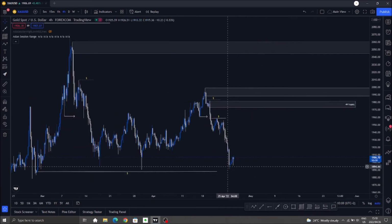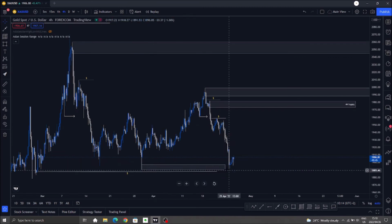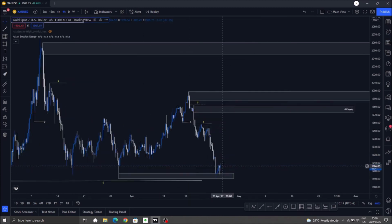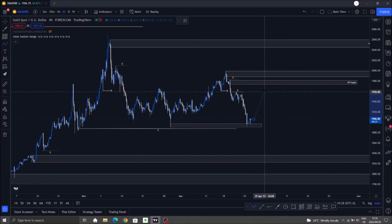By the way, another thing that adds to this particular bias is the fact that on this wick in here, and I want to leave you with some homework, on your 15-minute chart, and on your 5-minute chart as well, you do have an order block on this wick where we are seeing this reaction from. Now, whether or not this particular order block is strong enough to take price higher, we don't know. Okay, I'm going to leave that one up to you to try and figure out